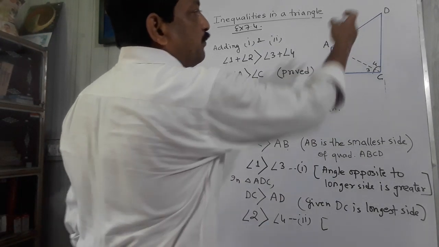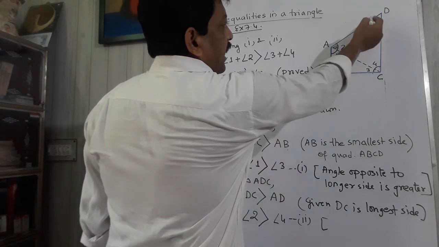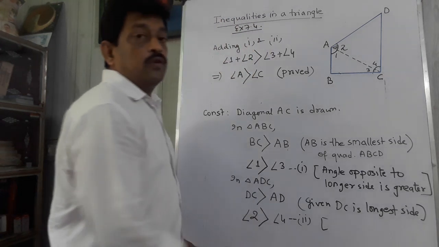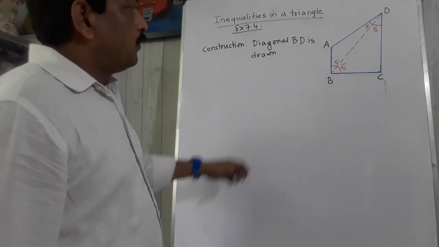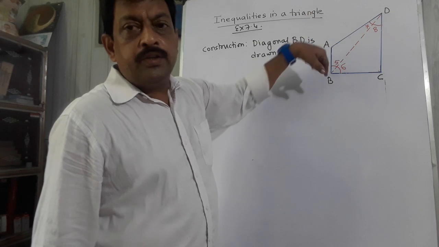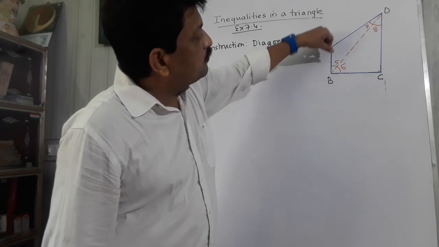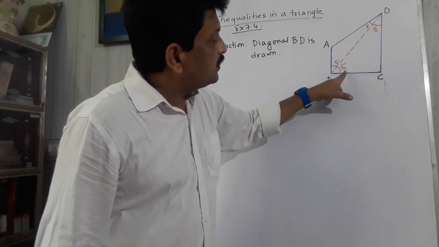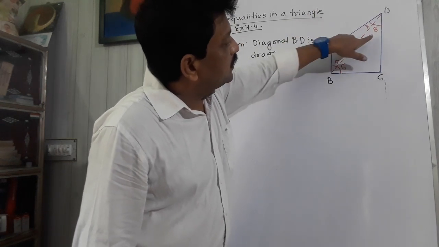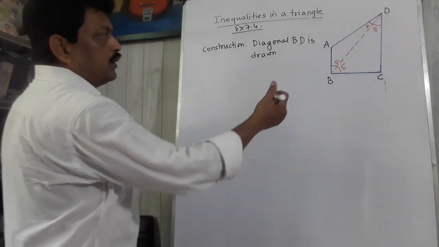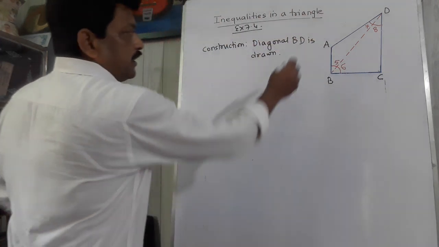In the same way, we will proceed for the second question, where we have to show that angle B is greater than angle D. So there we have to draw the diagonal BD. Now here the diagonal BD is drawn and the angles are marked as 5, 6, 7, 8. That is angle ABD is 5, angle CBD is 6, angle ADB is 7 and angle CDB is angle 8. Okay. So in the same way we have to proceed. There are two triangles now, ABD and BCD. So I am taking the triangle ABD first.